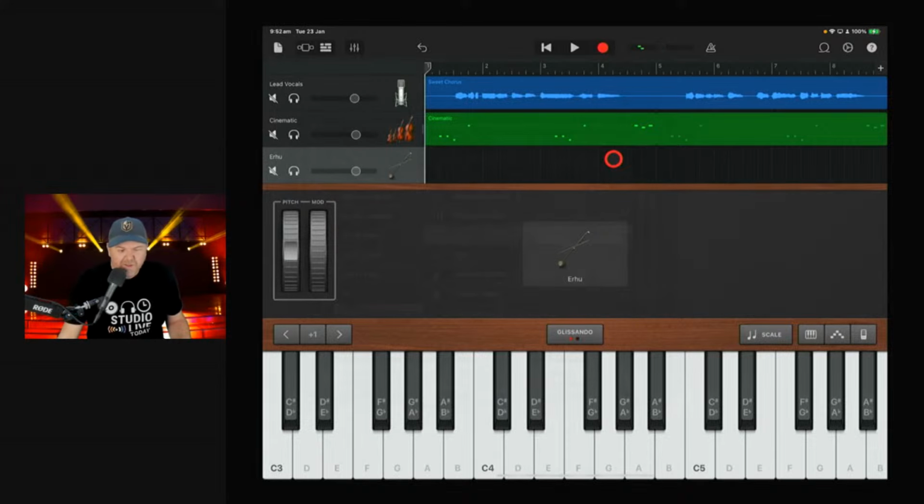We can actually play it using the keyboard, which is a heck of a lot easier than using the interface there. So let's